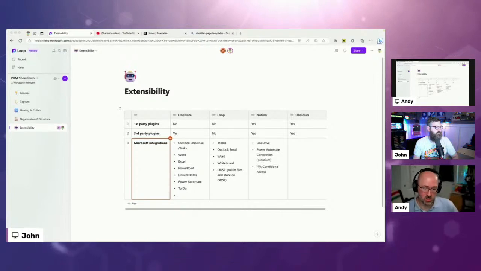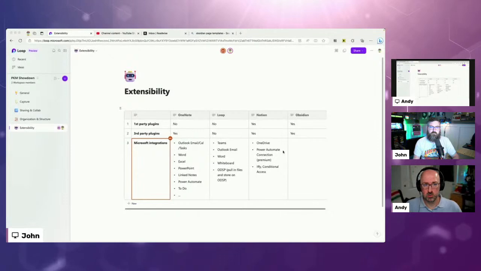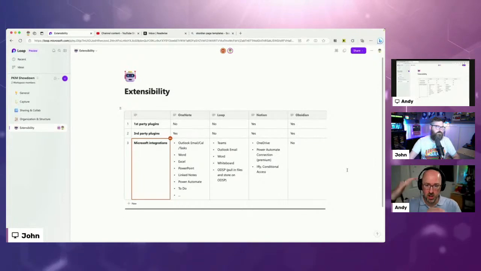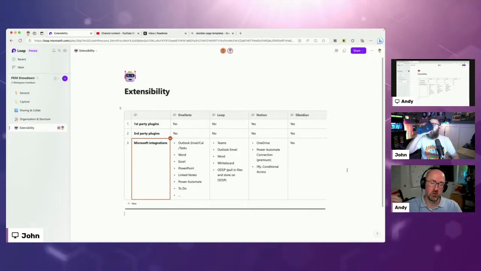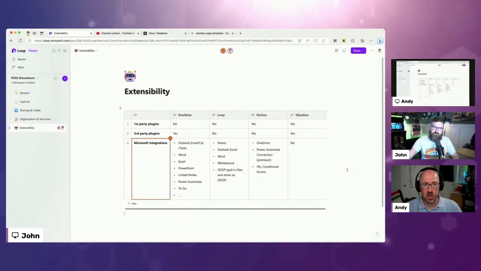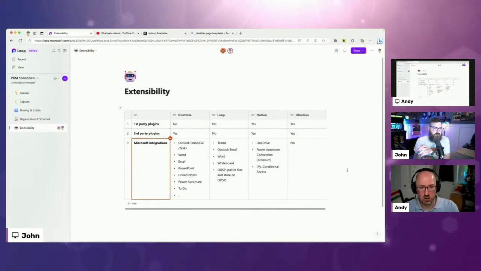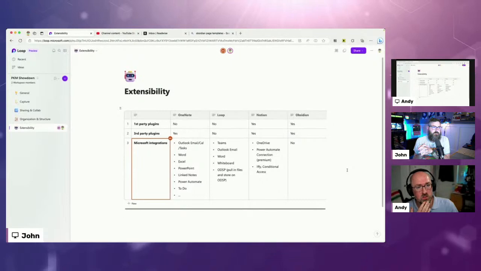And then some of the other things, one I want to point out is PowerPoint linked notes. If you've never used this, this gives you the ability in your notebook to reference slides in a PowerPoint presentation, and you don't have to leave the notebook. So you could have your notebook with your draft and your summary of all the things you want to build related to a presentation. And if you have the presentation going, you can do the link notes feature, and in the notebook, you get a preview of the thing, and you don't have to leave the notebook in order to see that. It's really awesome, and most people have no idea that it's even there.